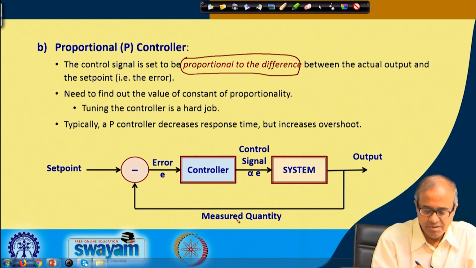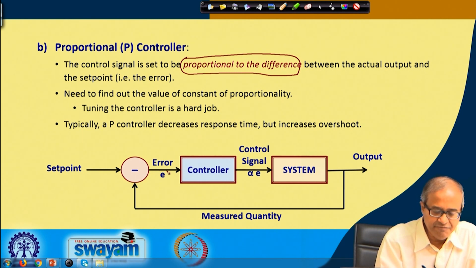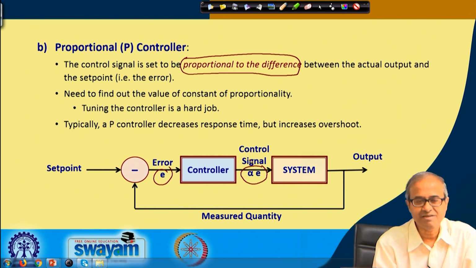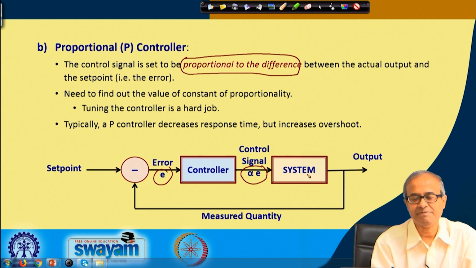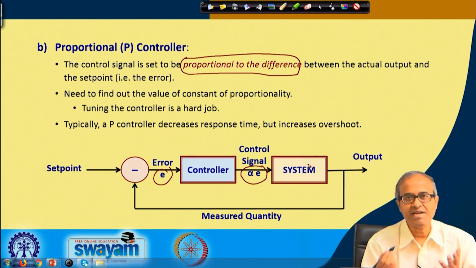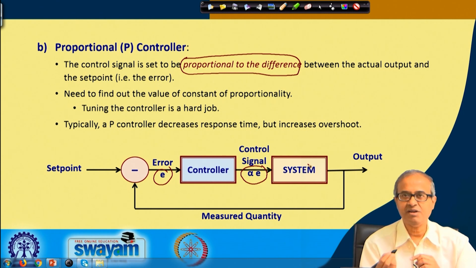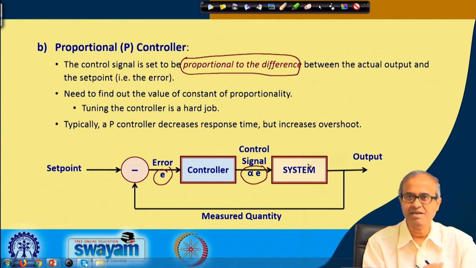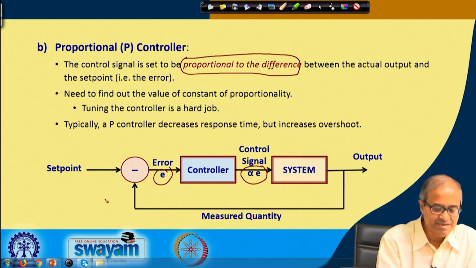So, looking into that same diagram again, if your error is E, your control signal will be proportional to E, right. So, if E is 0, then you are not sending any corrective signal. So, whatever level was there, you leave it. This is how it works, right. Now, the advantage you are getting out of this proportional controller as compared to the on off controller, let us say, is that here